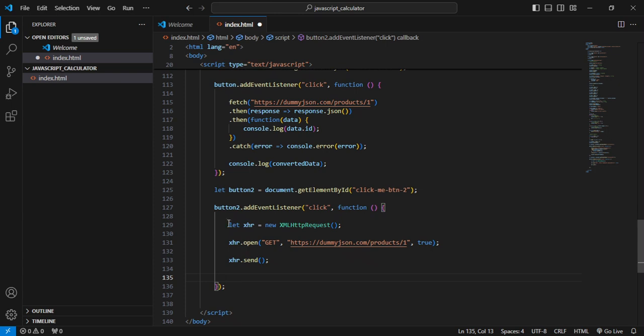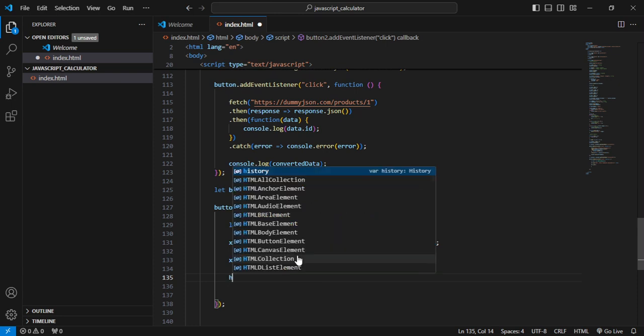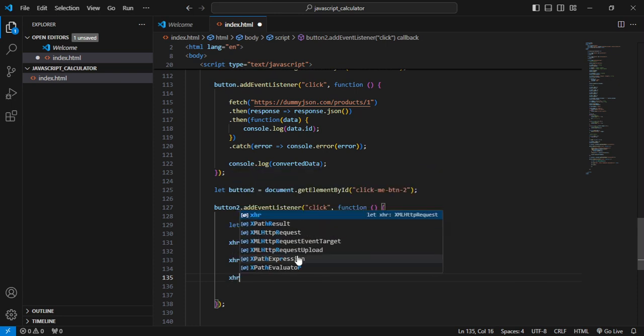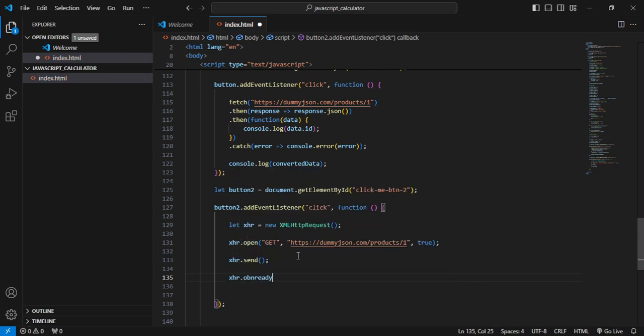So this is first, so we have to create a new XML HTTP request. Then we tell it that it's a GET request that we want. We supply the link and we set this to true. And then when we say send, we're saying execute that particular thing, right? Execute it. And then we're going to check if the XHR already state